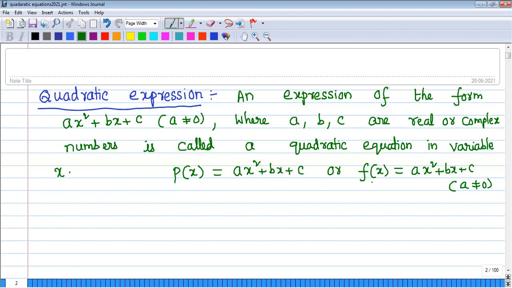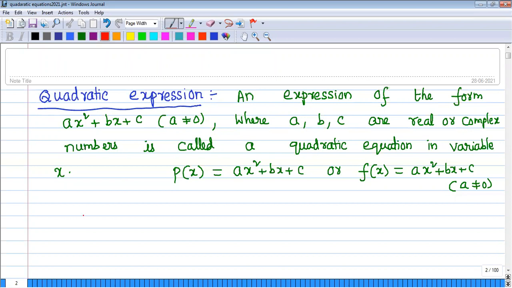But don't memorize all these definitions. The concept is enough for us. Previously, they used to ask the definitions in the examination. But now they don't ask any definitions because only memory based questions will not be given in the examination. So even for your 10th class examination also, definitions will not be given.